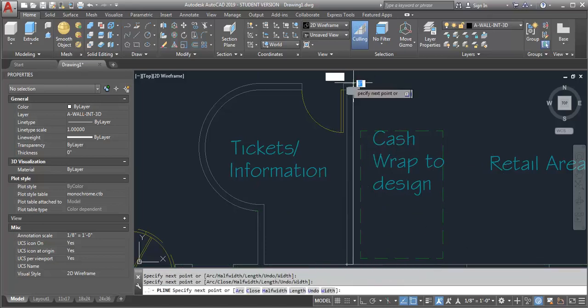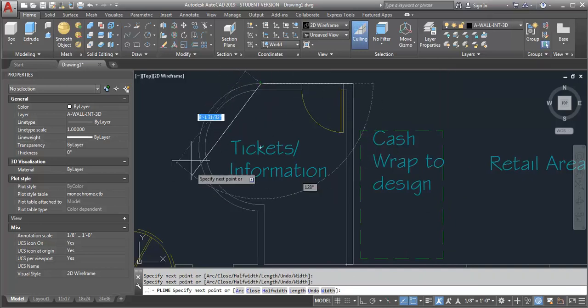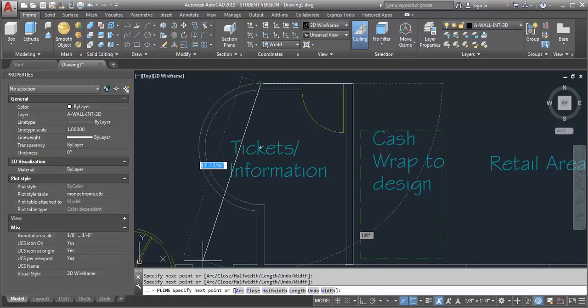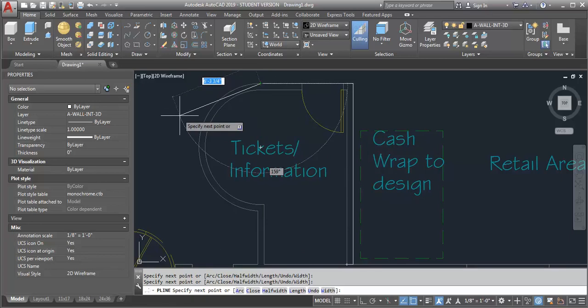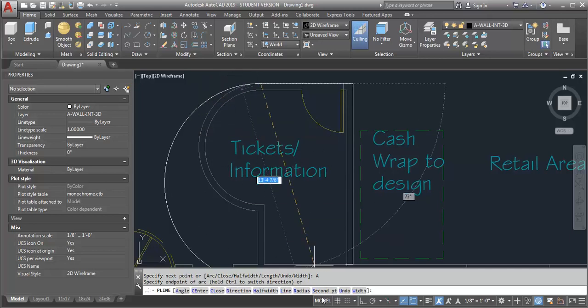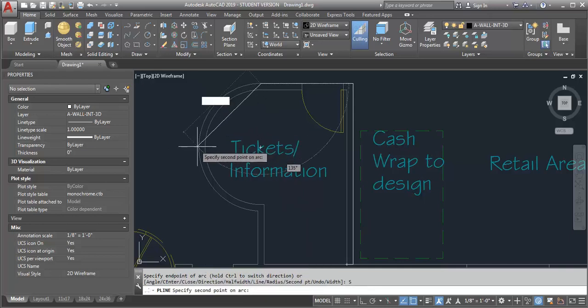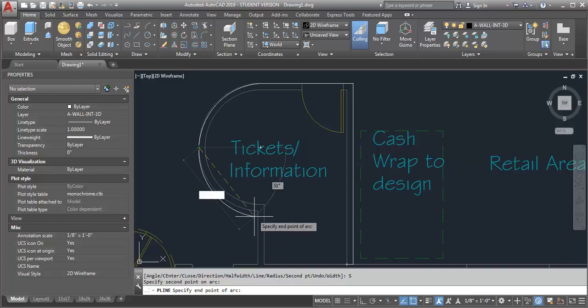Now once I get to this point where the curve starts, then I need to switch my option to arc in the polyline. So I'm staying in the command. I'm just going to type in A. And then it's asking for an endpoint. I actually want to do the second point, so I'm going to again look at my command prompt, and it says for second point type in S. So I'm going to type in S, and I'm going to select the kind of a midpoint on there. So now it's going to ask for the endpoint,